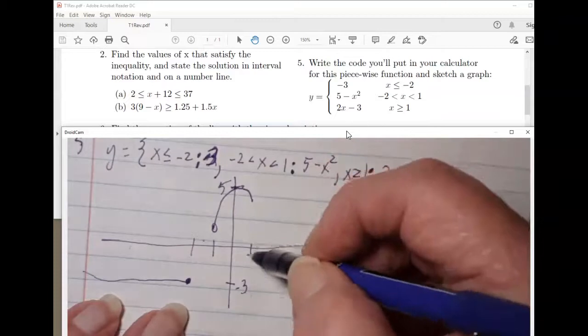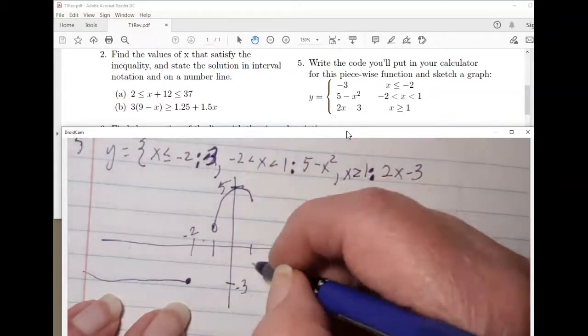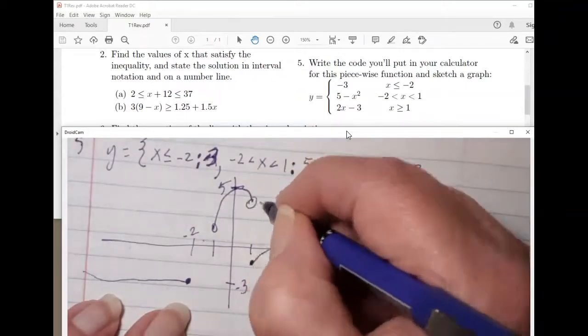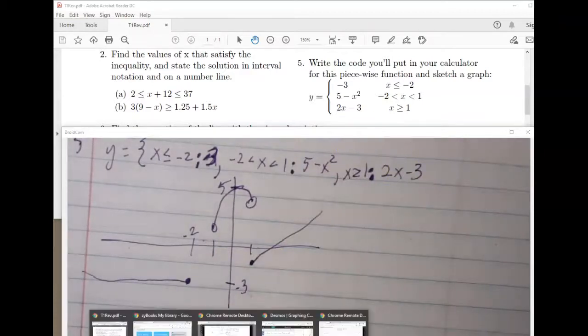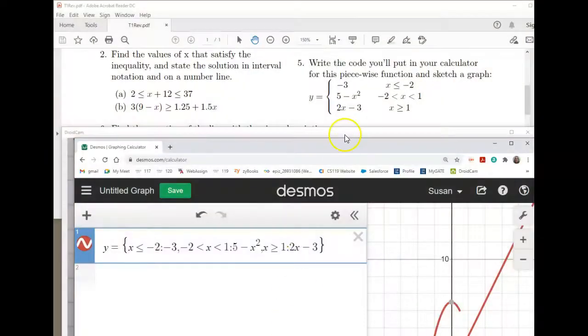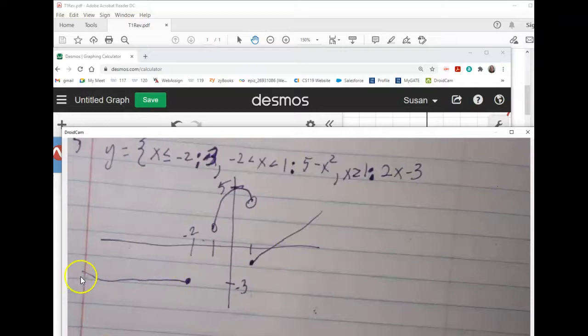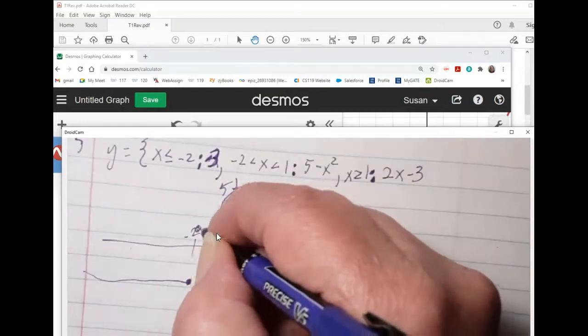I just needed enough tick marks that I can see kind of what you were looking at. And then here, this one starts at 1, and this should be a closed circle and goes up, and that one's an open circle. So looking back at the Desmos graph, we can see we have the correct graph on our paper. We have a horizontal line, we have part of a parabola, and this should have come over to 2 here. So this should have been here